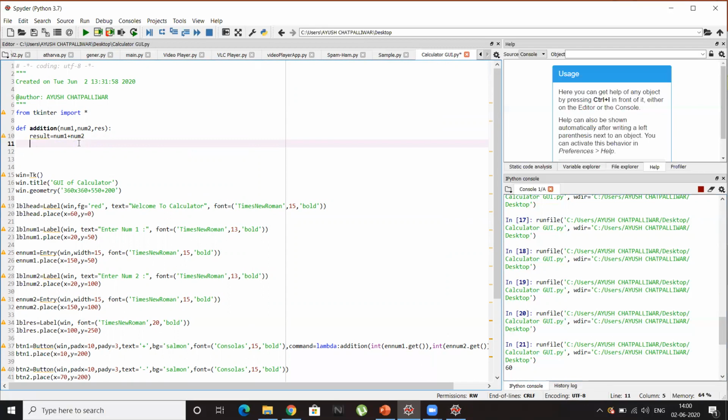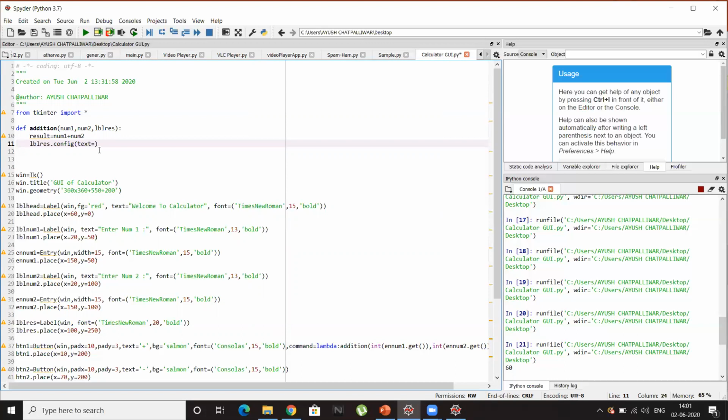To print it on the GUI we have to use the label, which is res. We have defined it as res. So what we have to do is simply res.config, or I'll just name it as lbl here, and also here, because since it is a label, we need to take care of the prefix. It will be beneficial for us. Config, and inside that we can change the text.